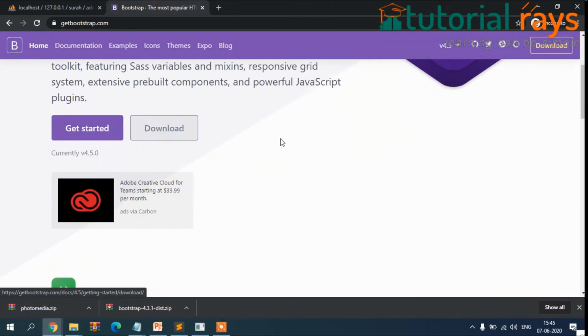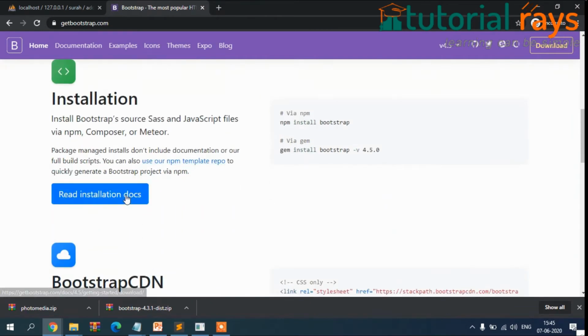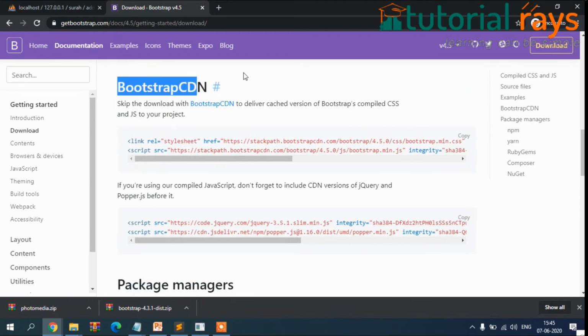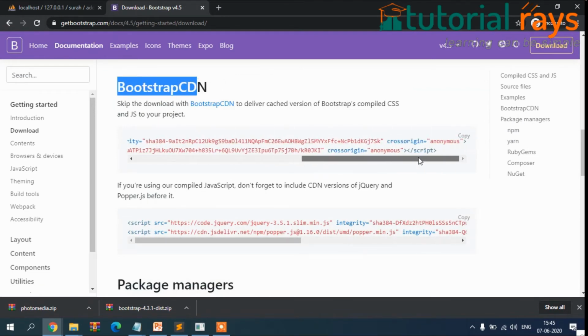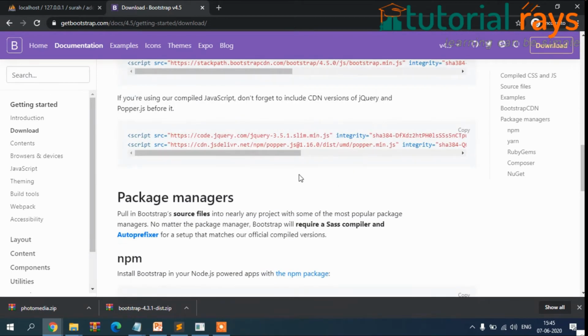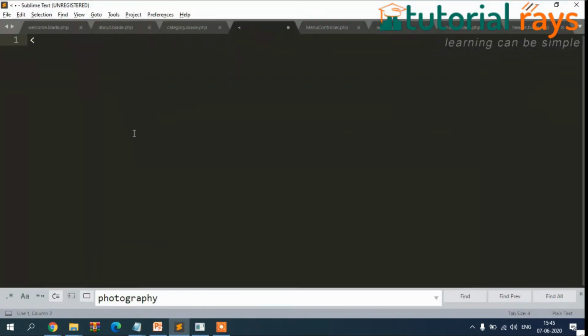Open the text editor. So here this is my Sublime Text, and it is easier. Let's go to Bootstrap. So this is the official website of Bootstrap. Getting started, installation. So this is the CDN process. As you can see, the link is directly from Bootstrap. So simply just copy this, okay, and then